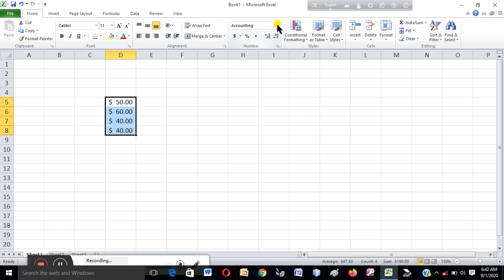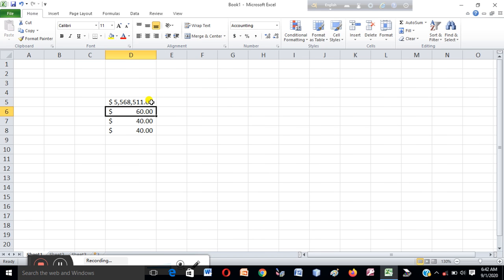And with a separator, that means when the amount is huge, look, there is a separator with a comma. There is a separator with a comma, and this is Accounting.